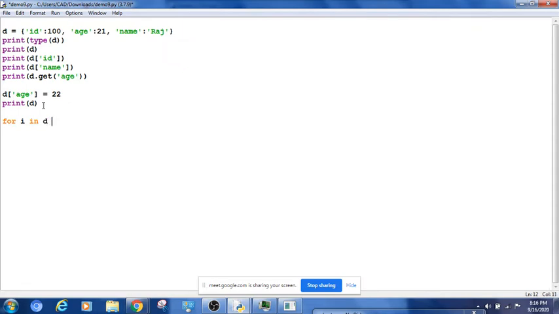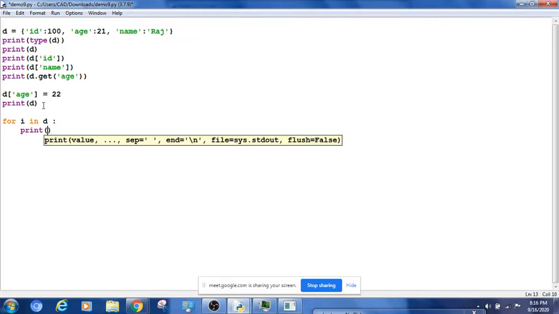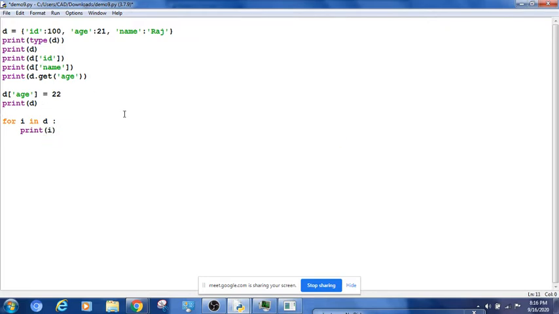I say for I in D, and then I say print I. This time what is it going to print? It is going to print the keys, not a key value pair. It is just going to print the keys in this dictionary, ID, age and name. So if you say for I in dictionary D, then it is going to get only keys.